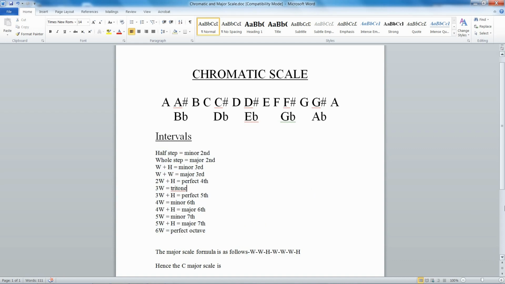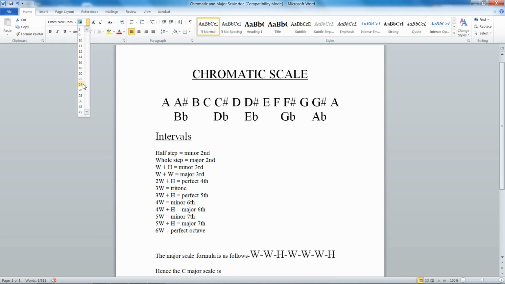All right, now let's look at the construction of the major scale. The major scale is constructed using two wholes, a half, three wholes, and a half. Let me see if I can make this a little larger for you. There we go. So that means that whatever note we start on in the chromatic scale, if we use this formula, we will create the major scale